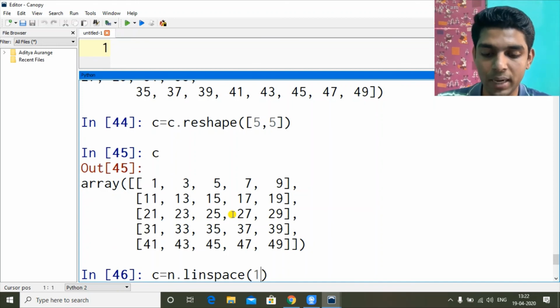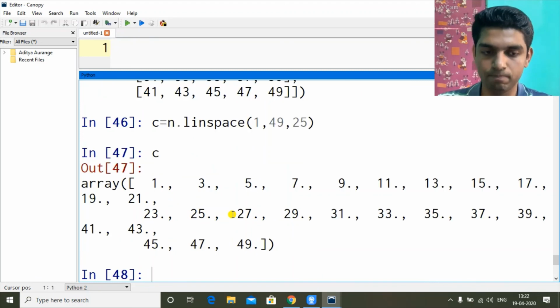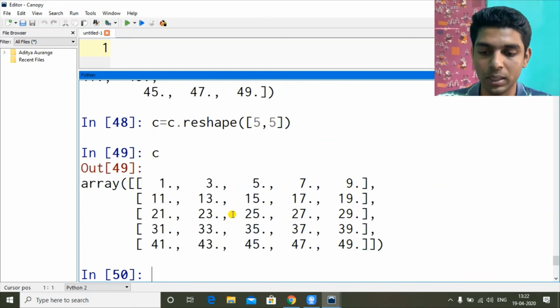So here the starting value 1, ending value something, and I want 25 equidistant values including 1 and the last value. Just like before, we know from the above example 49 will do. So C is this. Now C dot reshape, up arrow reshape. Now C is okay. We did the question in both ways.